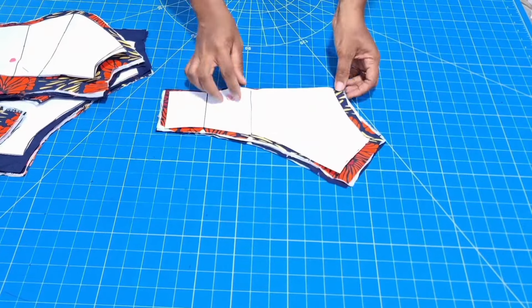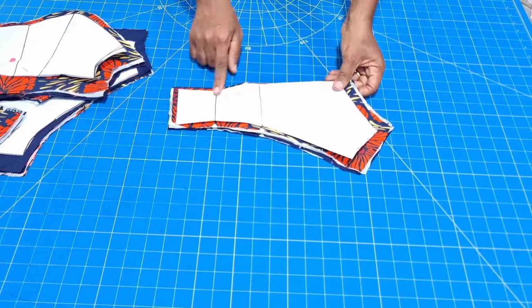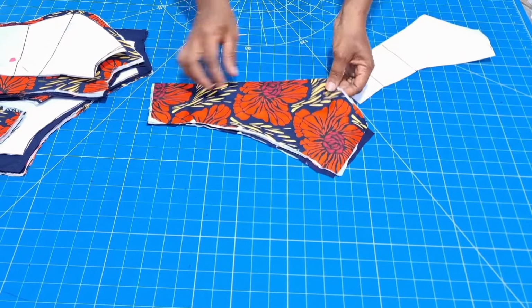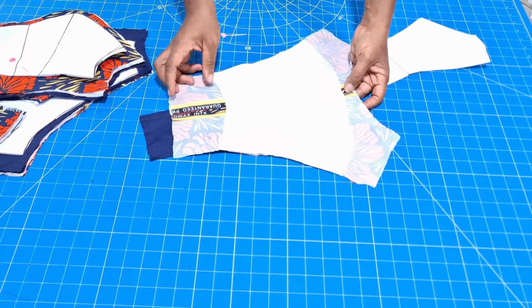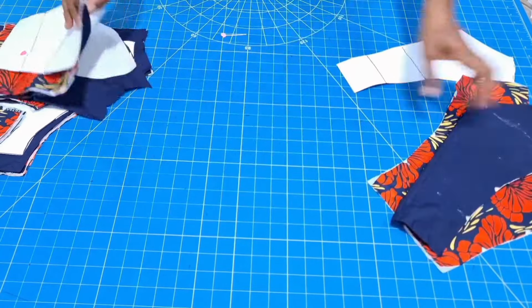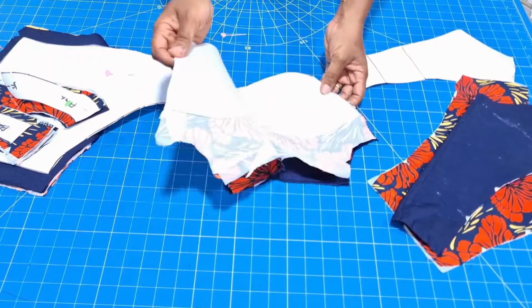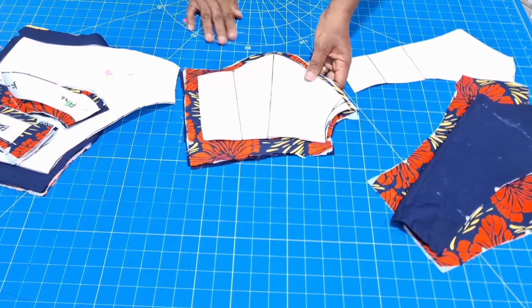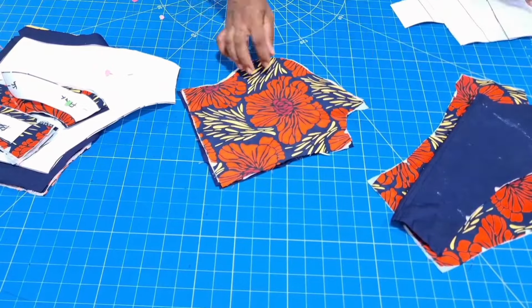So after doing all of that cutting on this fabric, this is what I got. I'm going to show you. Okay, I joined some parts, and this is where I joined in the front. You don't want to go through all the stress, so make sure you're using 4 yards or more. So this is the side. It doesn't have any joining for the side, so yeah, this is what I have for the side,